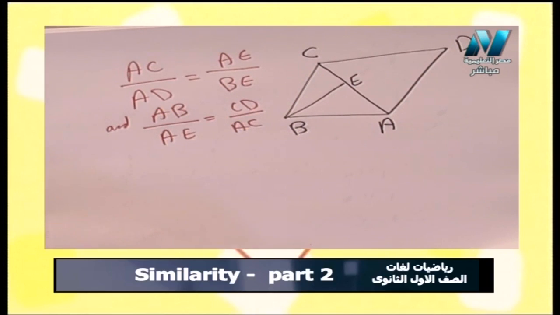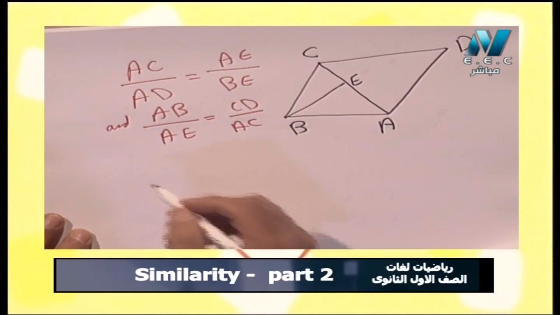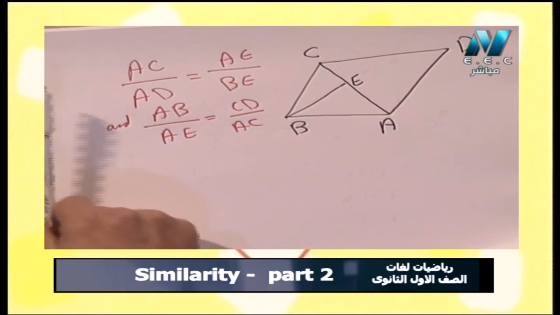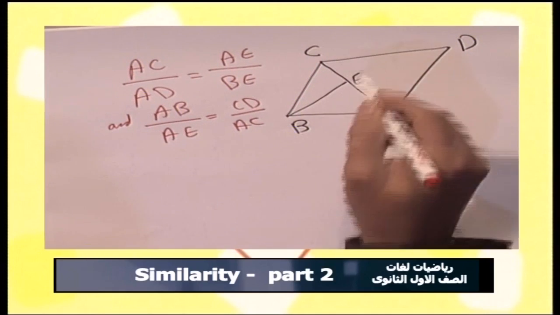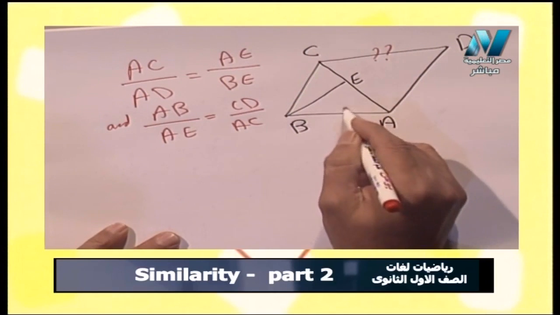Okay, so we have two ratios only, and the request is to prove that CD is parallel to BA